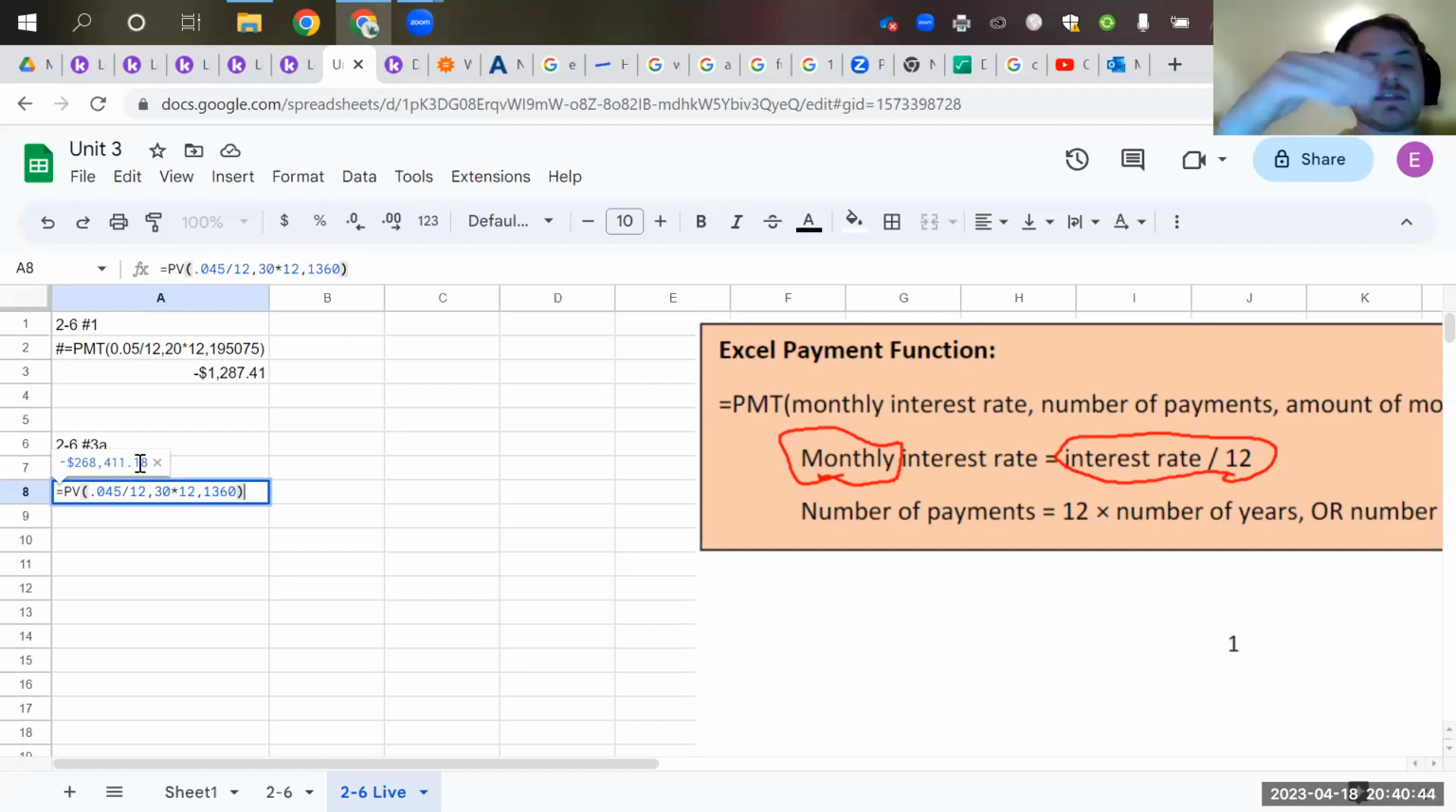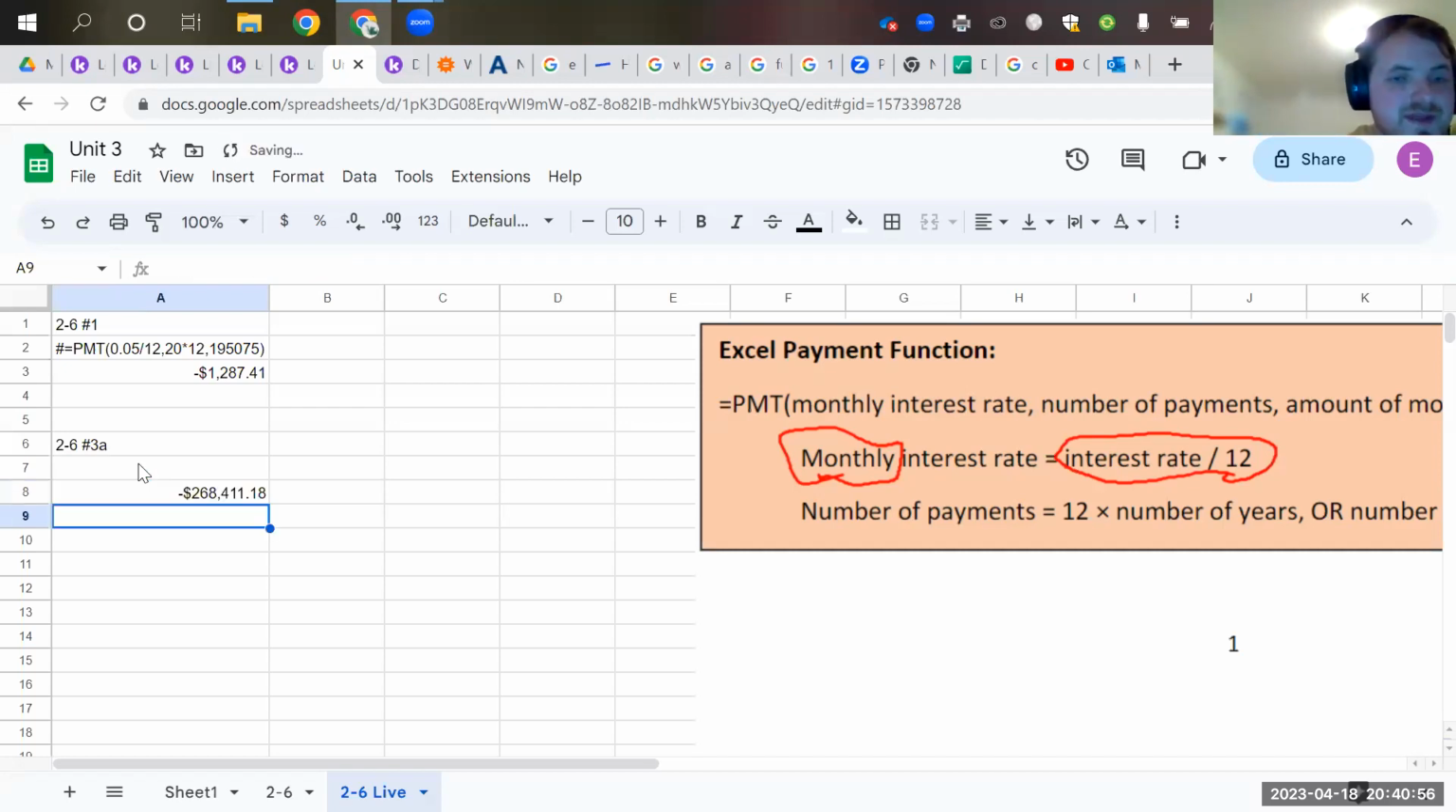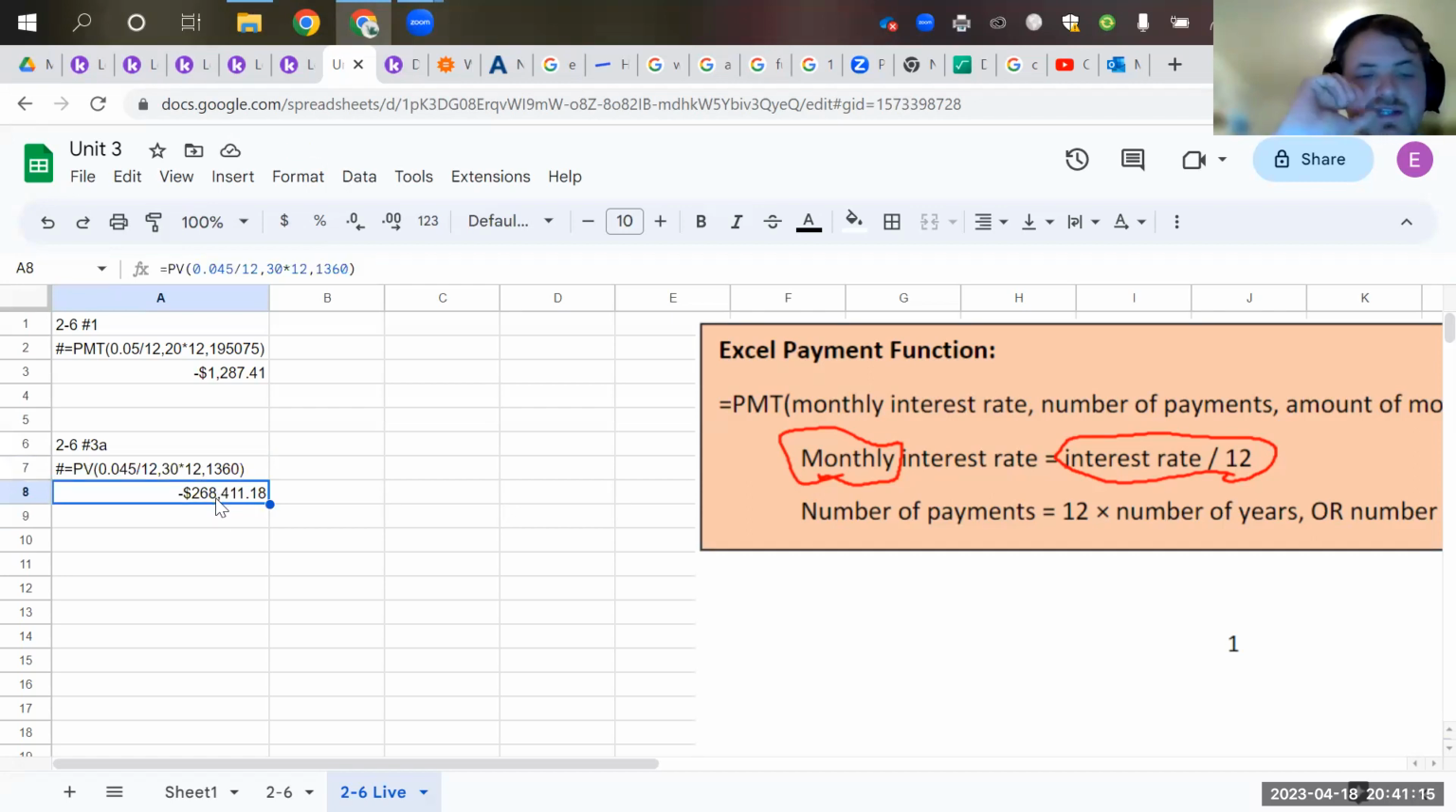So if you paid that, the house that you can afford is that much money. Okay. The $268,000 home. But that's just the cost of your house without any interest applied to it. So again, we've got that situation there with the present value function. That's how much the home is worth right now. Like if you're on the market, that's the kind of house that you're looking for, because you want that 1360